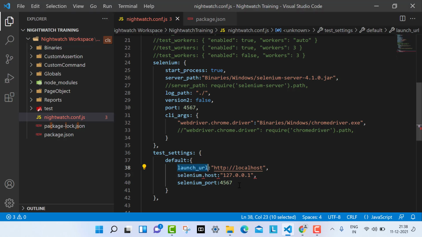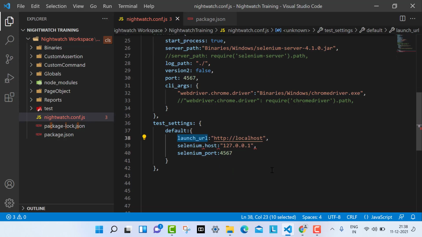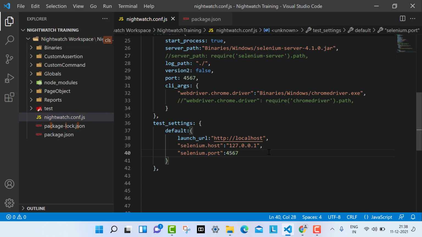What I told you is that if you want the HTTP server output not to show, then you have to make it true, so I'm going to make it true. Here is something happening. You cannot pass like that, so just make it like that.